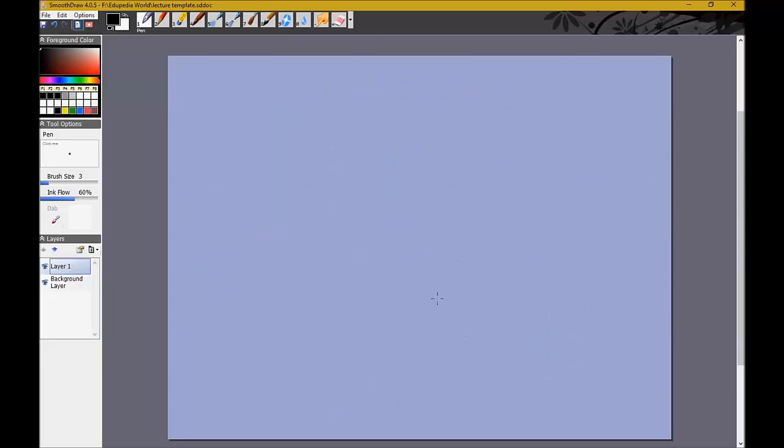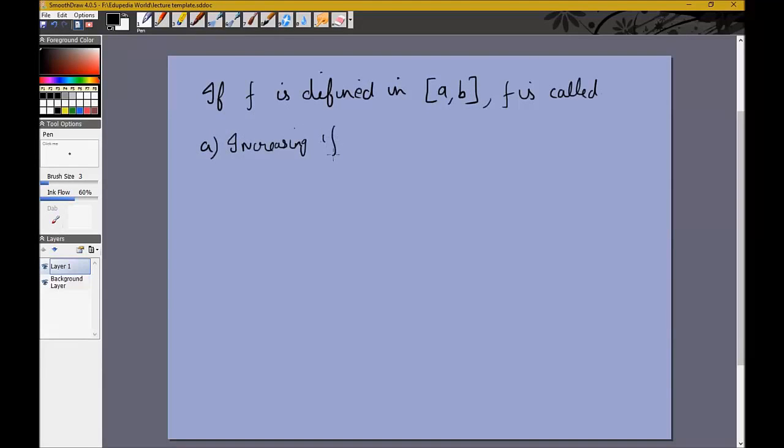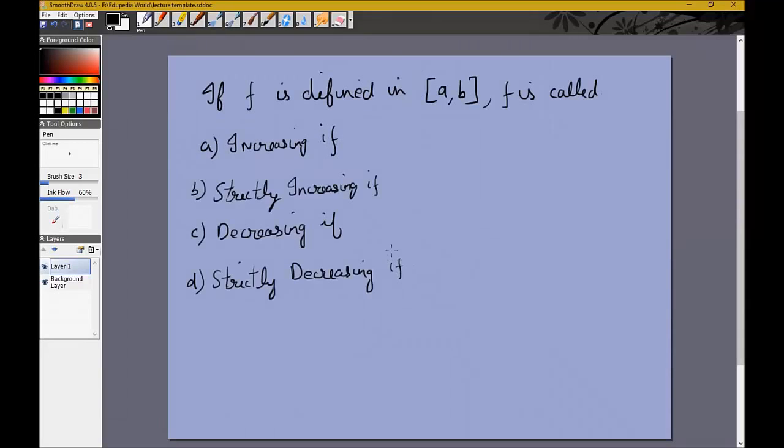Right. So let's give the proper definition of these. If f is defined in a domain, let's say a to b, where a and b both are included, then f is called increasing. I'll just write all four conditions. Let's start with strictly increasing. Strictly increasing was a function in which as x increased, y increased. There was no constancy, no decreasing. As x increased, y increased. That means